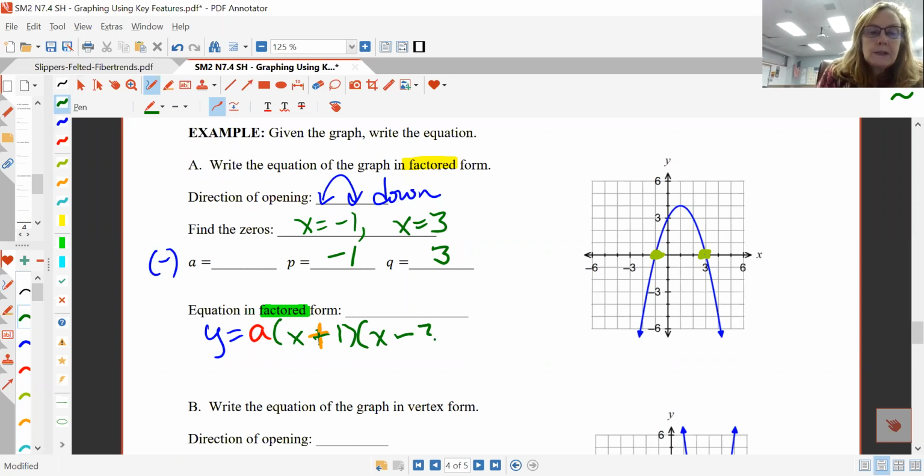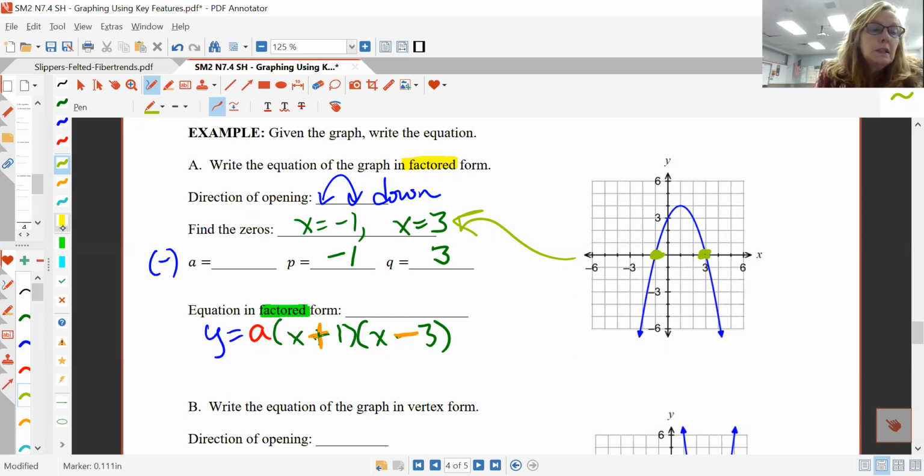X minus 3. Okay. So zeros back to factors. Essentially your zero sets, and then the factors become opposite. So it has to undo it, because you have to undo the zero value. Okay. Obviously, we're almost done,